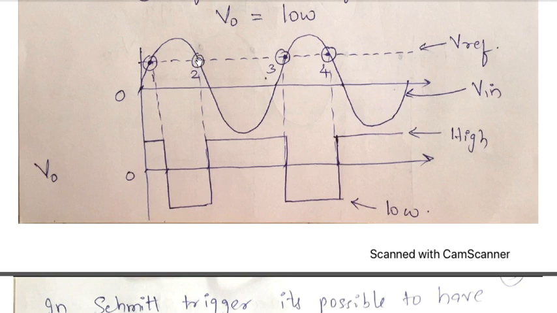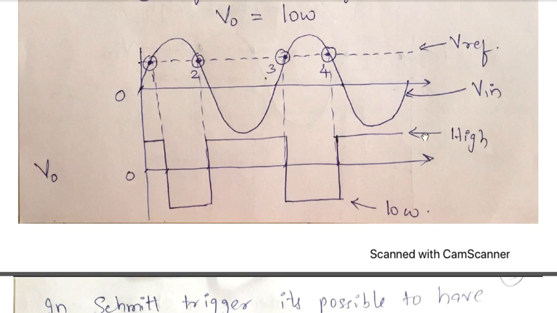Okay. Then after intersection point number 2, I start comparing this waveform till where? Till the next intersection point, that is from 2 to 3, I need to compare this waveform with the reference voltage. Is it more or less? Of course it's less. And because V input is less than this reference voltage, output has to go high. So the output which was low here goes to high logic and it remains high till the next intersection point, that is intersection point number 3. And in this way you are expected to draw the waveform for the output voltage.